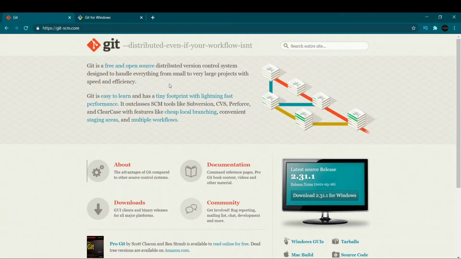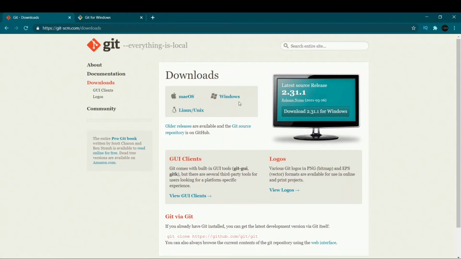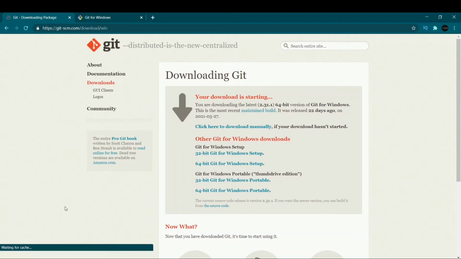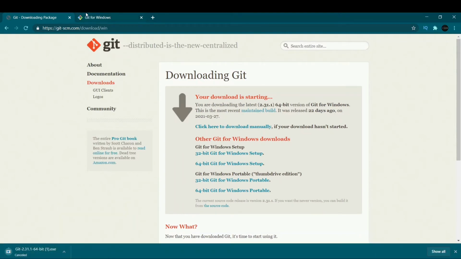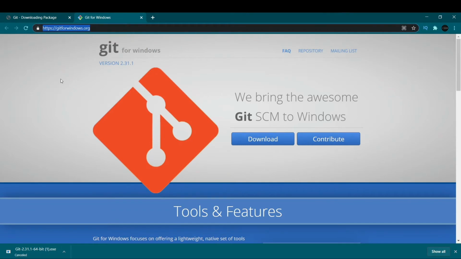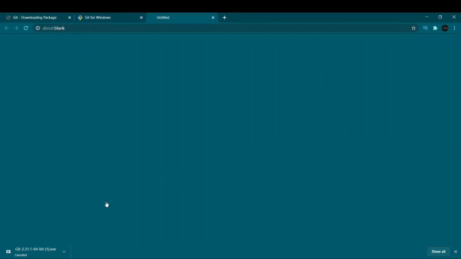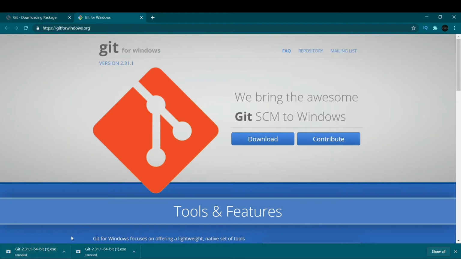Now we're going to see how to install Git on Windows using the Git Bash, through which we can use the command line arguments. There are two methods, two websites, both of them official and legitimate. For the first one, you go to downloads, you can see Windows present, and you just click on Windows, and it will start downloading. Now the second website, which is also official, here also you just click on downloads, and you can see the name of the file. If you compare it, it's one and the same thing, and both of them are official.